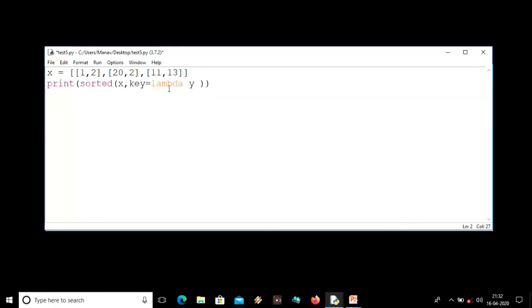That means it will get the first item for Y, then the second item for Y, then the third item for Y. In every iteration, it will change the value of Y. So I am using Y, meaning it will first use the first item, and under Y we want to sort with the second item, that means Y[0] and Y[1]. So we'll return Y[1]. So it will sort by the second item of x.